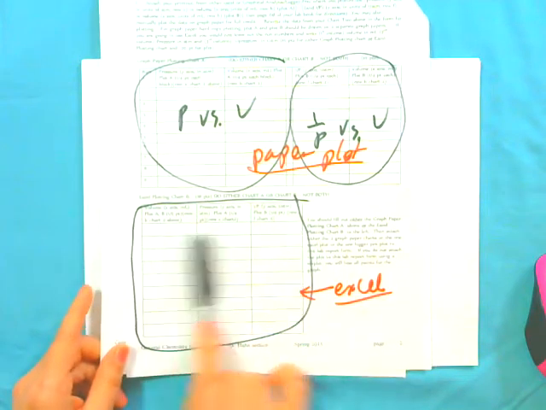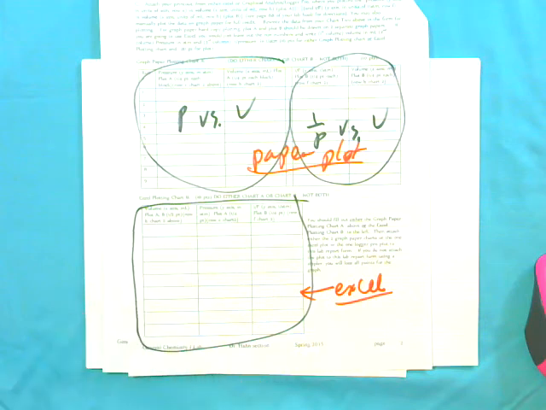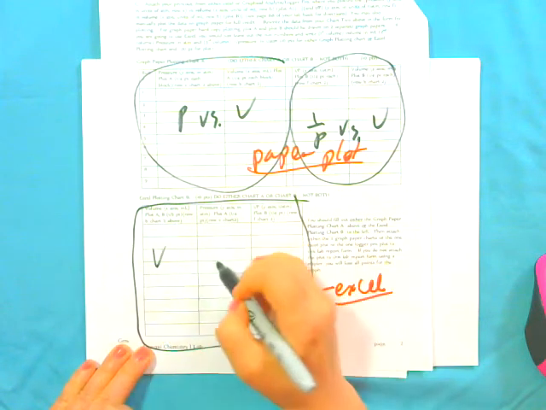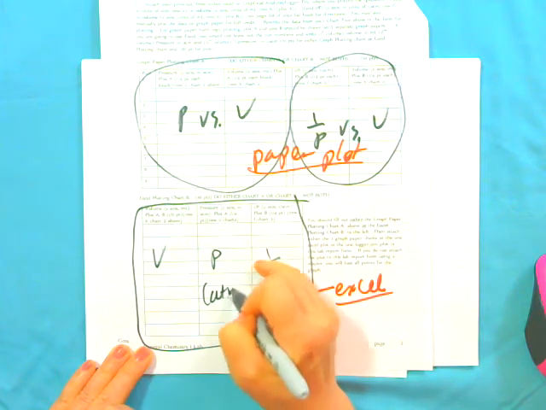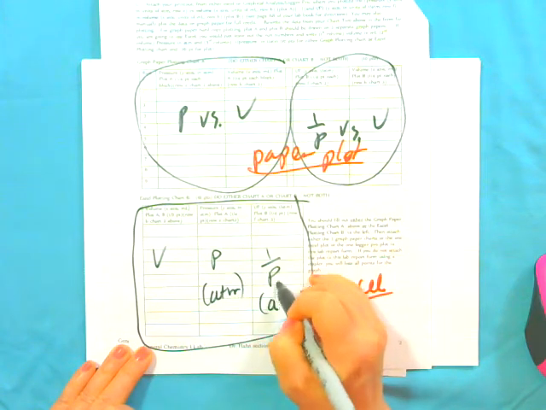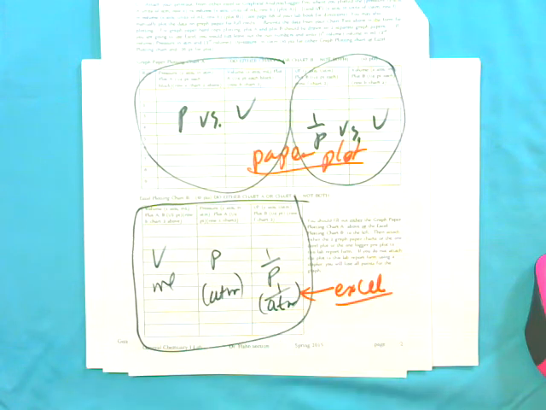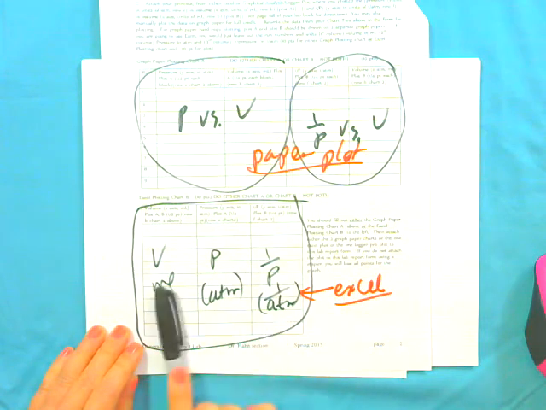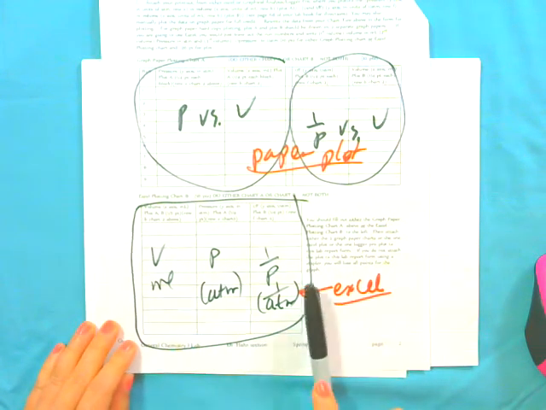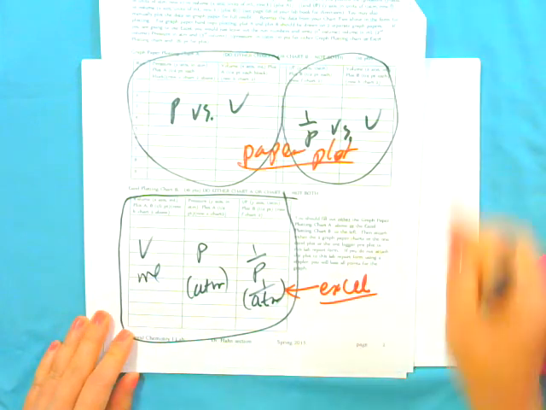If you're going to do an Excel spreadsheet plot, you can put all the data in the correct order where this is volume, where this is pressure, and where this is 1 over pressure. This has to be in atmospheres. This has to be in 1 over atmospheres. And this has to be in milliliters. So as long as you have the columns exactly like this, then you should be able to very easily do the Excel spreadsheet plot. I'm going to explain how to do the Excel spreadsheet plot,